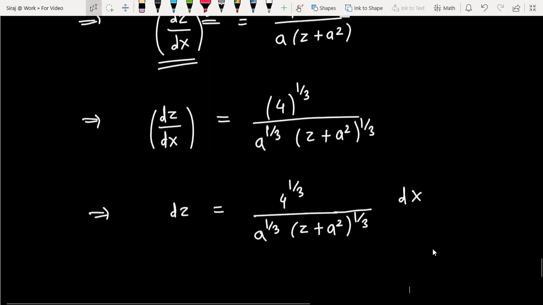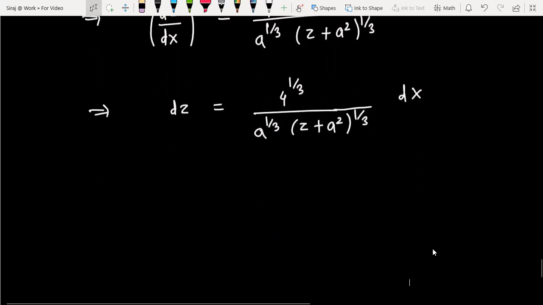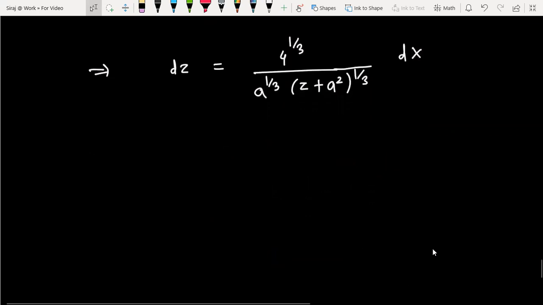but we are trying to convert it into variable separable form, and the condition for getting variable separable form is that with differential coefficient dz there should be terms of z। dz के साथ z की टर्म्स आनी चाहिए और dx के साथ x की टर्म्स आनी चाहिए। कांस्टेंट कहीं पे भी प्रेजेंट रहा तो दैट डजंट मैटर, कांस्टेंट लेफ्ट हैंड साइड पे रहे या फिर राइट हैंड साइड पे रहे दैट डजंट मैटर. So on right hand side we can clearly see that we are having